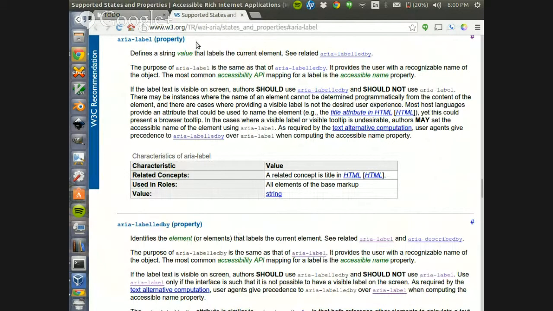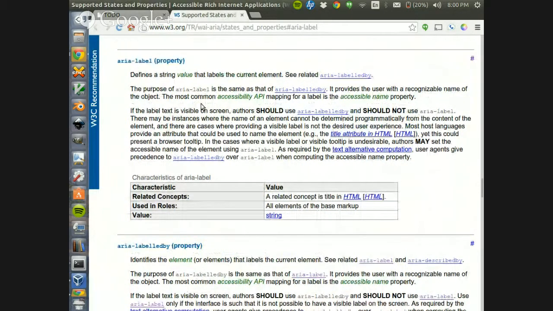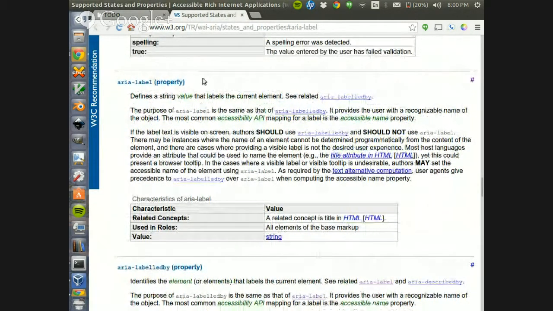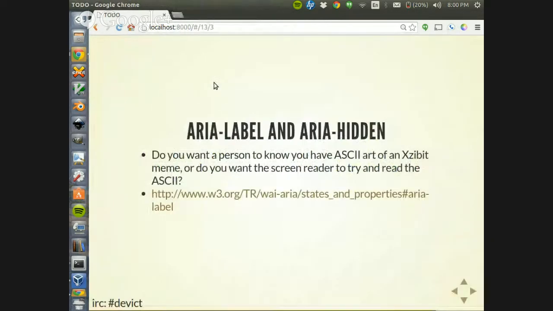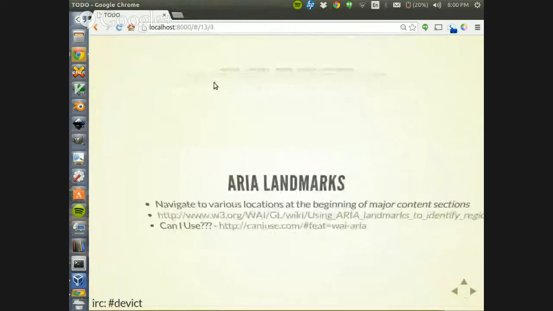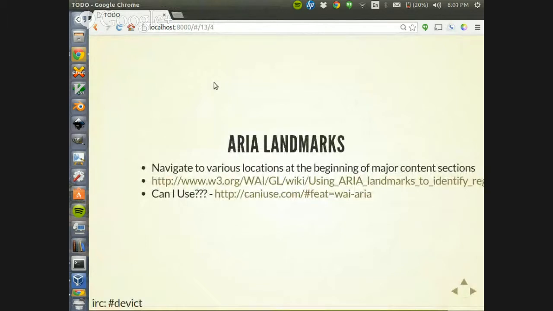So here I have linked one particular resource. I personally like this. Mozilla has some documentation that's a little more friendly, but this is much more verbose, and it kind of sends you down the rabbit hole of specificity, which if you couldn't tell about me, I kind of like. So you can jump from there to find the rest, if you so wish. ARIA landmarks are sort of akin to using headings.